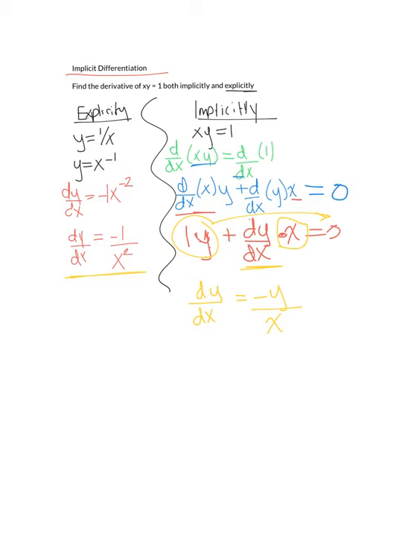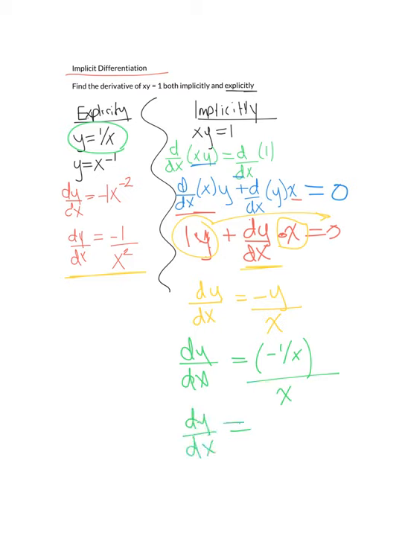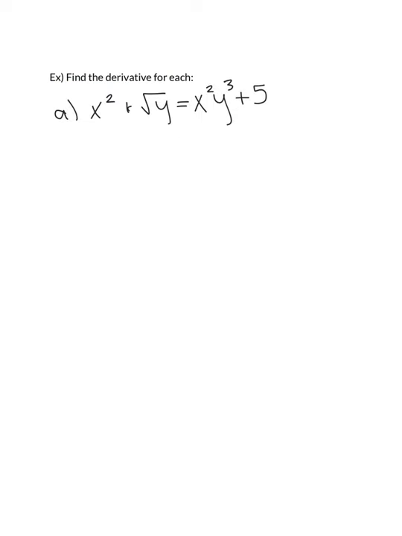So if we look back at our original equation, or even this first line that I have here, we know that y is equal to 1 over x. So if I go ahead and I plug 1 over x in for my y, I'm going to be getting a negative 1 over x all over x, which I know is the exact same as a negative 1 over x squared, which is the exact same thing that I got when I derived it explicitly. The next couple of examples are going to get a lot harder, and so our first one says find